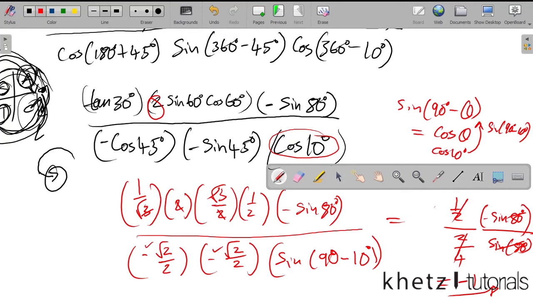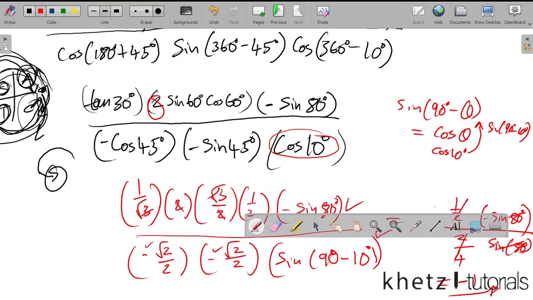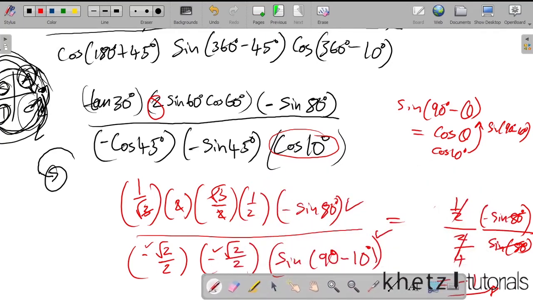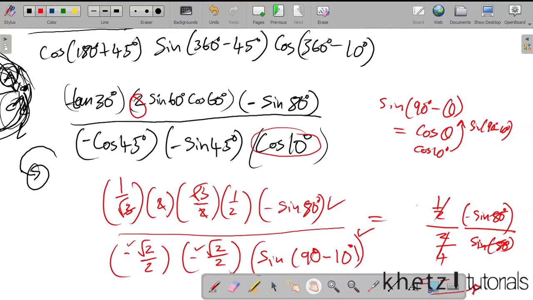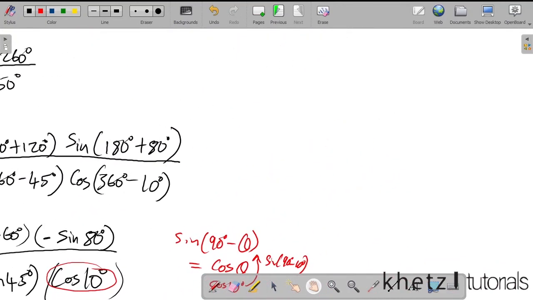But for those which we couldn't find exact values, we just used co-ratios there, and they actually canceled out. So that is the kind of stuff you should look out for when you're trying to simplify equations. And we're going to move along to the next example, and the next example is associated with